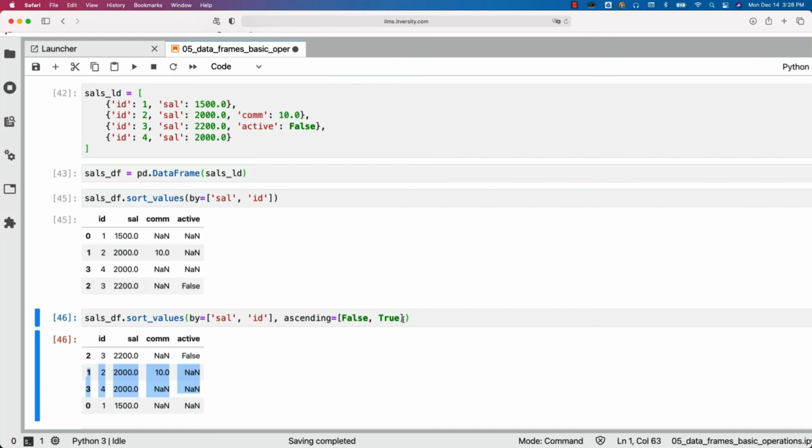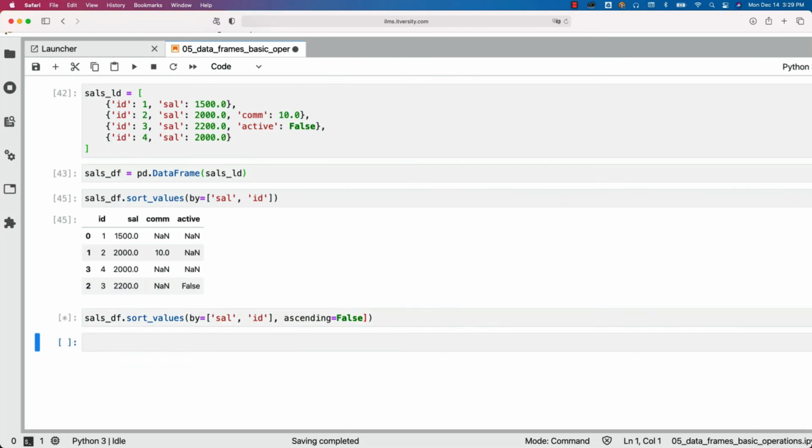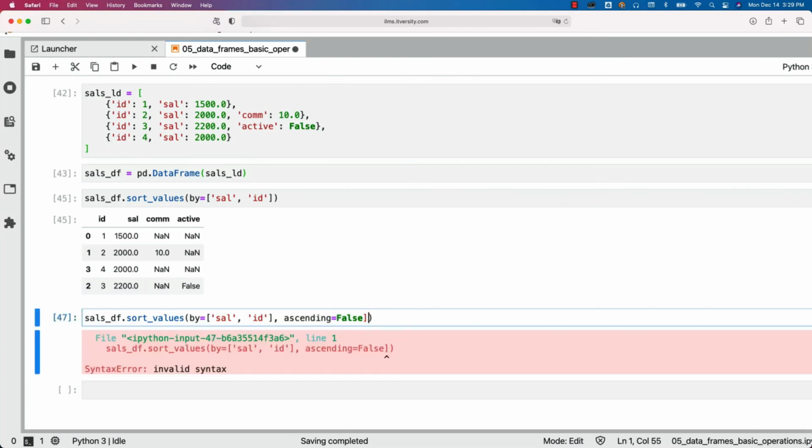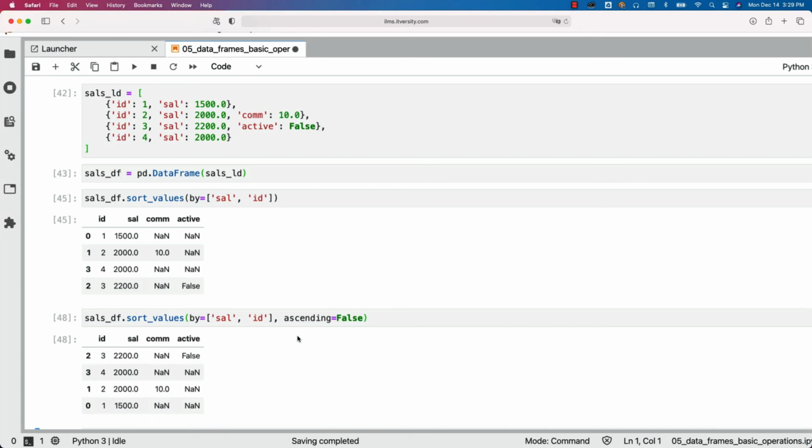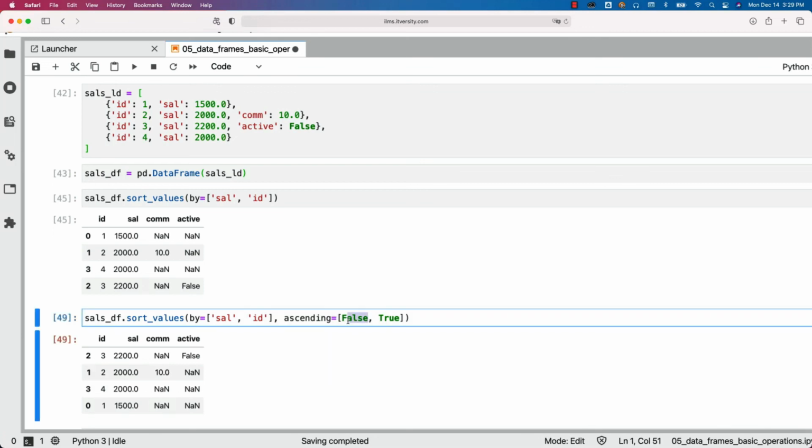If you do not have this, if you just say ascending equal to false like this, then this is how the data will be. There is one extra square bracket. Let me delete this and let me run this. You can see that when it comes to IDs, they are also sorted in descending order in case of 2000. If you want to switch that to ascending order, by sorting in descending order when it comes to salary, and then by ascending order when it comes to ID within each salary, this is how you can specify. So the order will be applied on the corresponding column which is specified as part of the by. So this is how you should be able to perform composite sorting using sort_values on multiple columns.